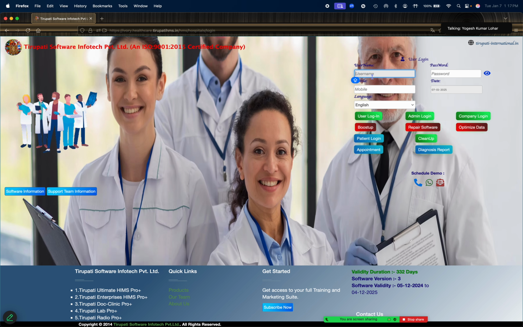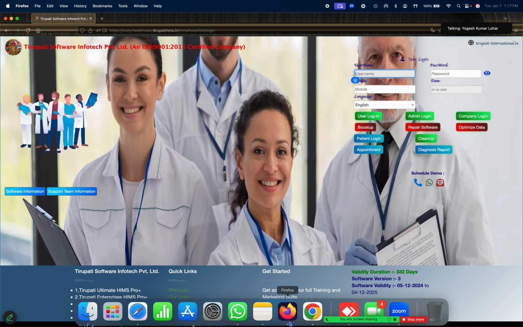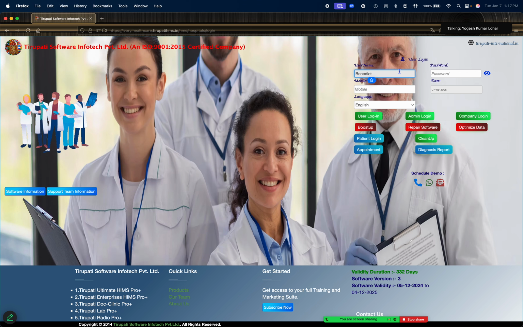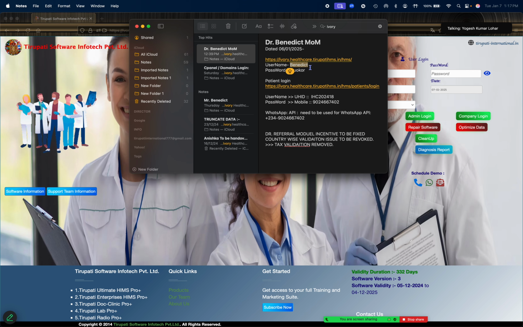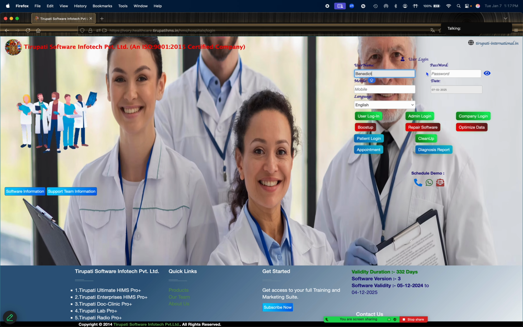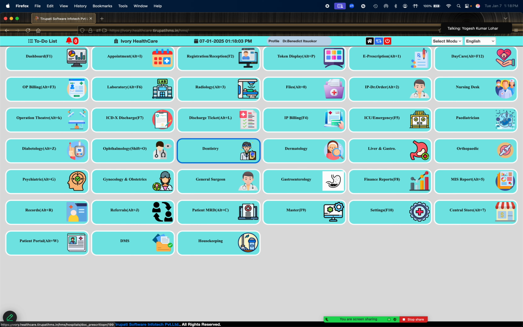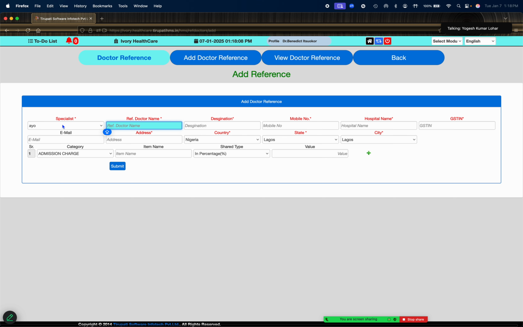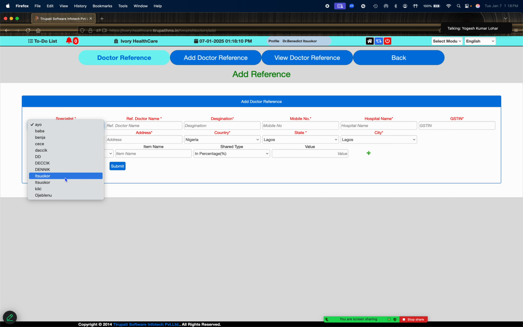Okay, so I go to your main account to make this situation. First of all, we need to create the referral account. Okay, we go to the main account login, and we log in, and now first we need to make the referral user detail. So I go here and we can select your name, and please tell me the name of the doctor for whom we need to create the account.